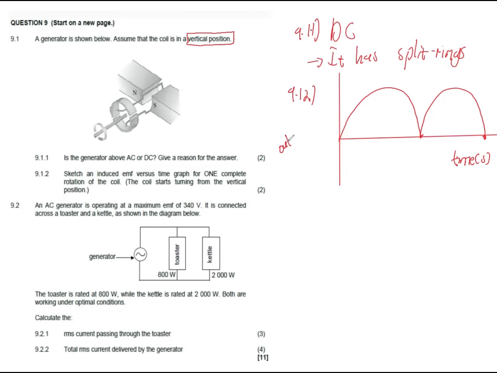So output voltage, and then in volts, or you can even say induced EMF. So let's just write what they wrote there. Induced EMF. Right, there we go. Then we put the 0 here. Okay, so for 2 marks, that's all you were supposed to show. Then